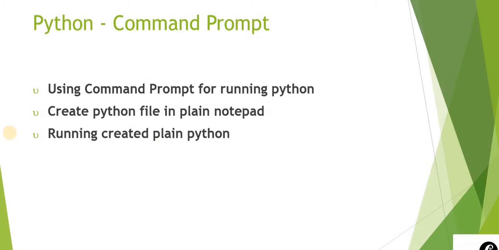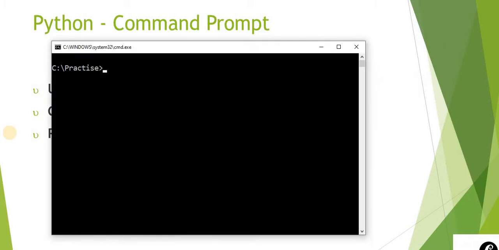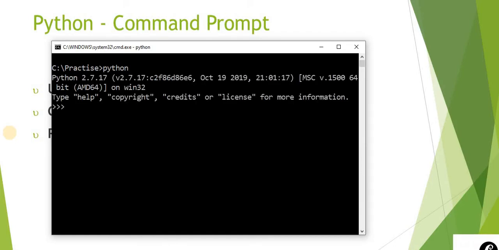Okay, so let's take a command from where we can see that. If Python is installed on your machine, just write python. If this prompt comes, it means that Python is already installed on your machine. By default, it's saying Python 2.7.17. If you want to check the version of Python, you just have to write python.